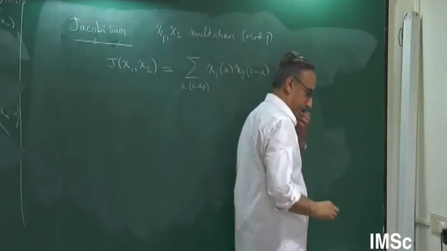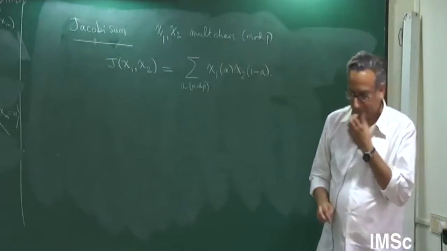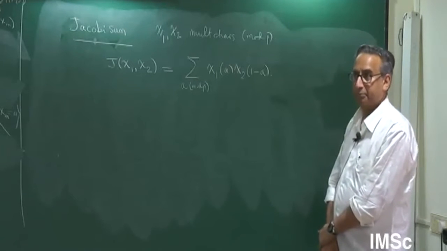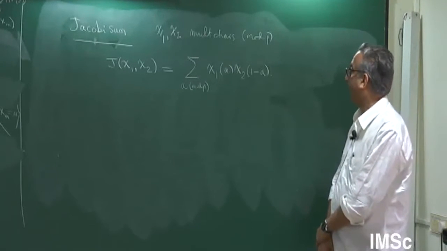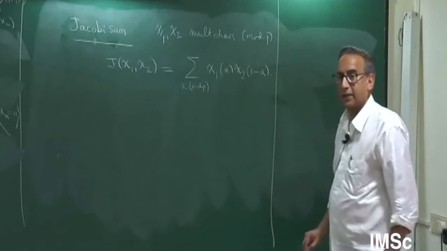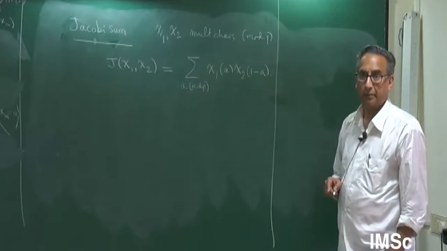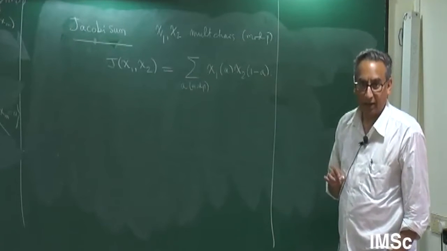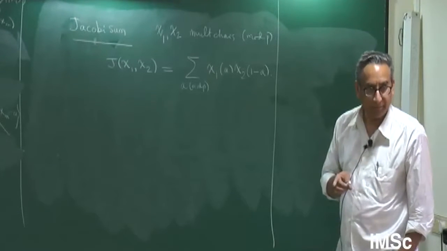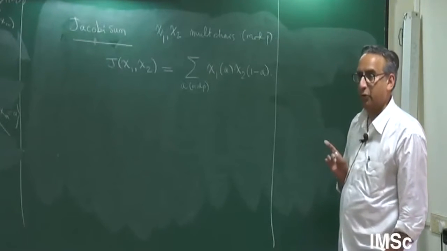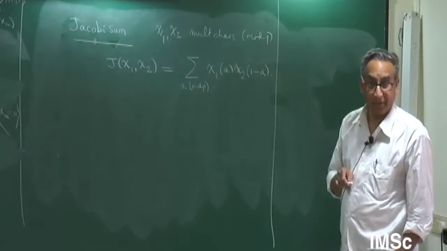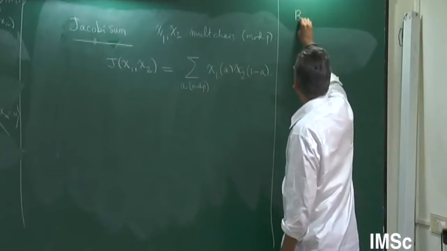this function. And the Jacobi sum is quite useful in number theory. Just as I told you yesterday, that the Gauss sum can be thought of as the finite field analog of the gamma function, similarly, the Jacobi sum can be thought of as the finite field analog of the beta function. If you remember the beta function in